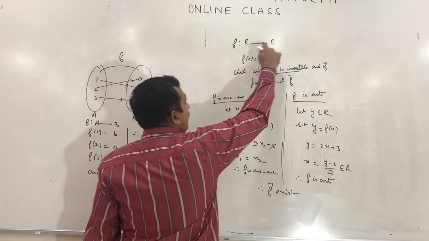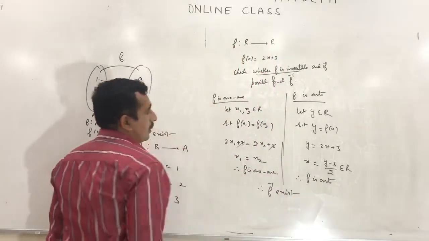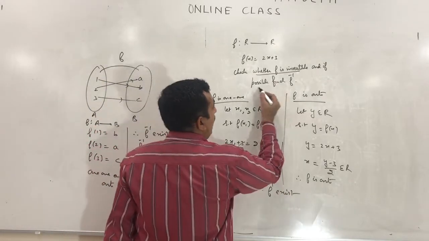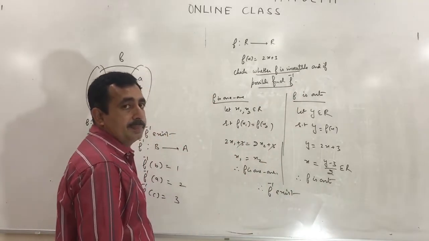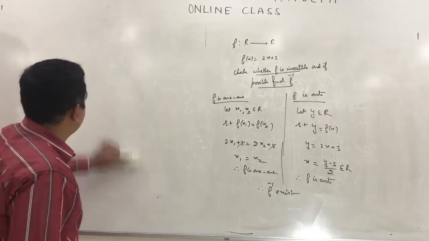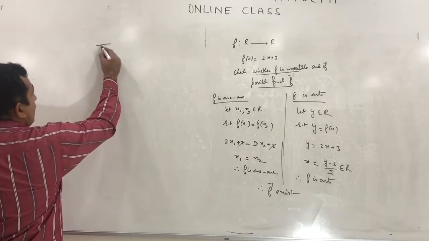If f is from R to R, the inverse is also from R to R, but the inverse goes from this R to this R. Inverse exists. And now the question is, find out the inverse. Now, how can we find the inverse? To find the inverse,